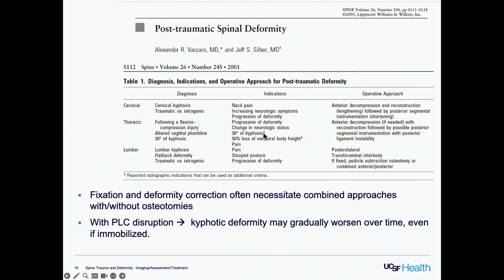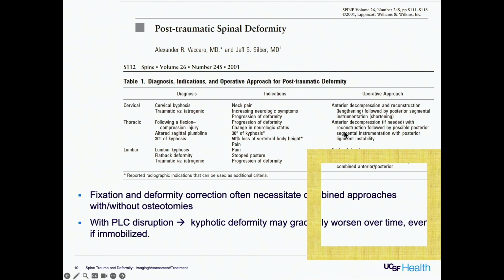post-traumatic spinal deformities, often you're employing both anterior and posterior techniques, complex osteotomies, especially in cases where there's been ankylosis or fusion of vertebral levels with high kyphotic angulation, and then the ever-present question of what to do with the posterior ligamentous complex at the early stages and how to evaluate it over time in its chronic state to see if it is going to continue to progress over time.